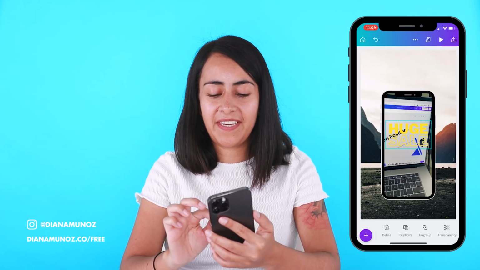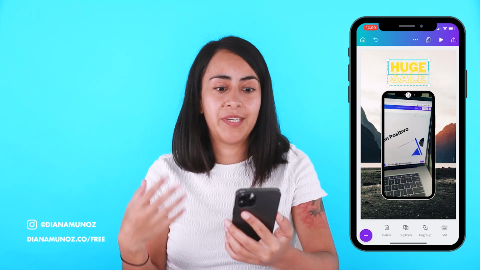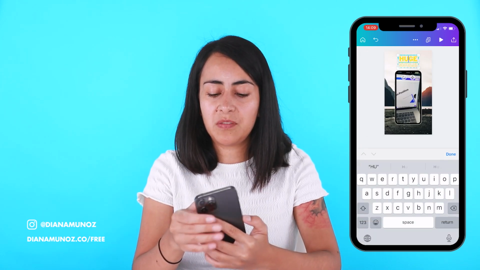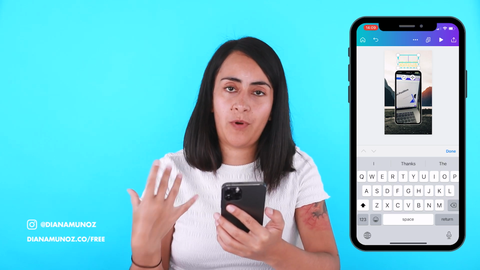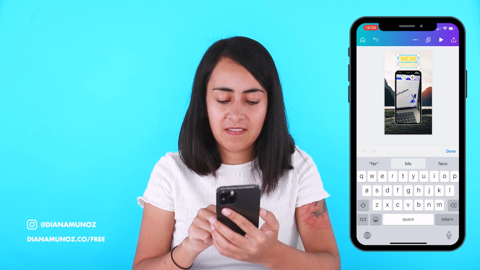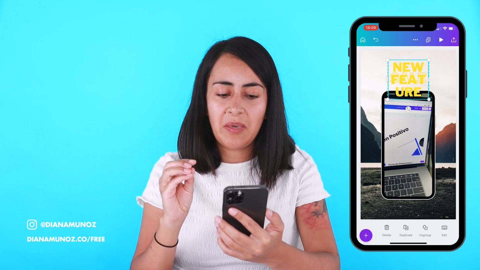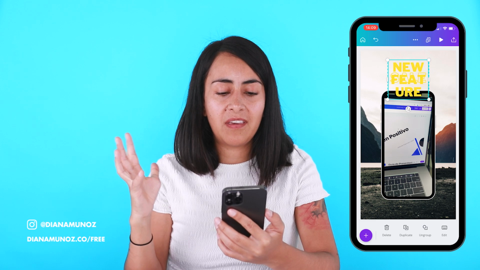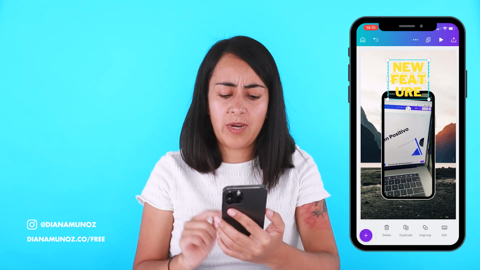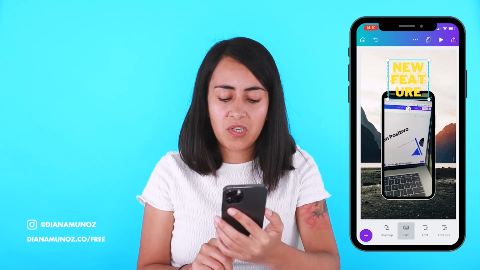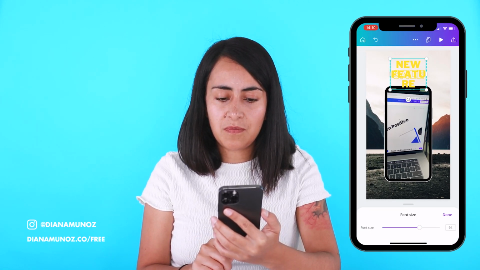Okay, so I have my text box. And what I'm going to do is to customize each of these text boxes. So I'm just going to tap on it until I have access to the text and I can actually type what I want to type. Okay, so as you can see here, because the size of the text is so big, I don't see the new feature in just one line, but it's broken into 3 lines. So what I'm going to do is to search here for font size, and I'm going to reduce the font size